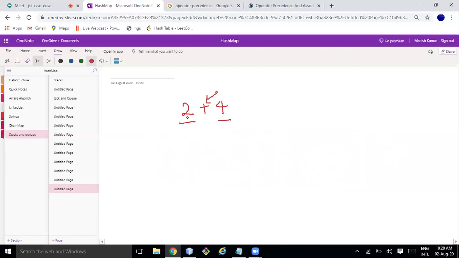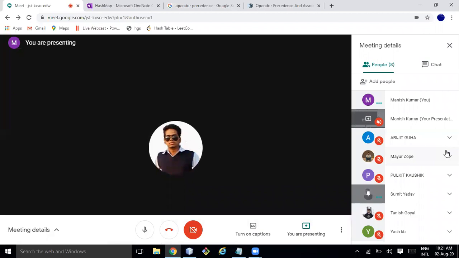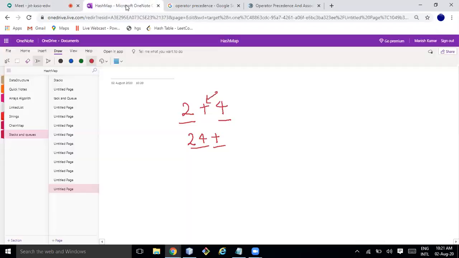So if I ask to convert these into postfix, the idea is to make the operator go to the right side, so first come the operands, then the operator. You guys are following me, right? Yes, sir. Okay.